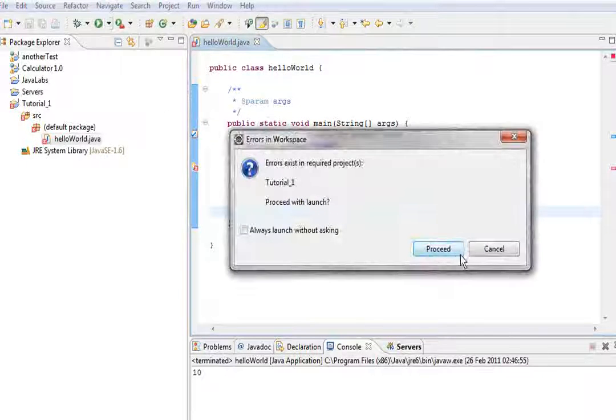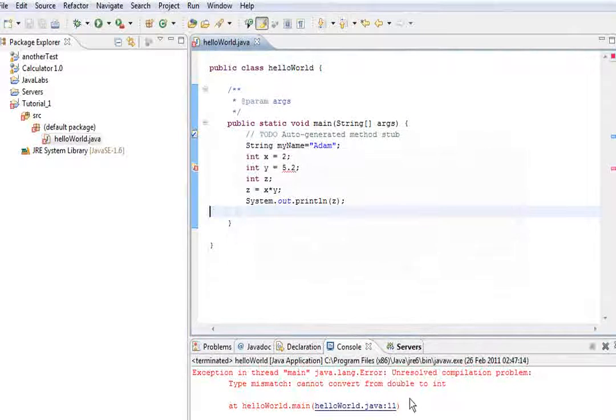Let's try to change one of these values to 5.2 and see what happens now. It shows the error. It says cannot convert from double to int. Okay, there are actually 2 ways to go around that. First way is to create all of these variables